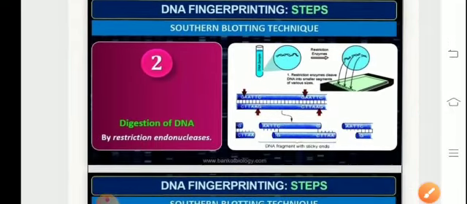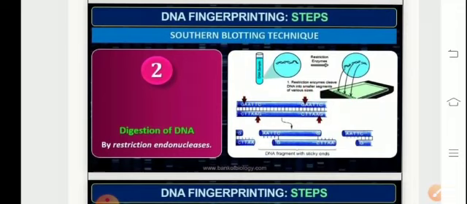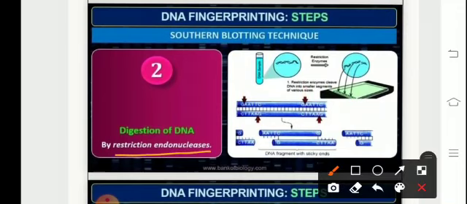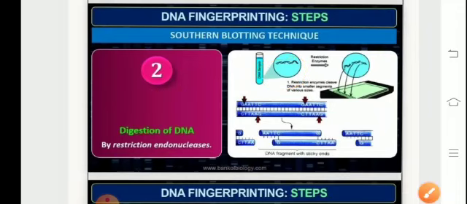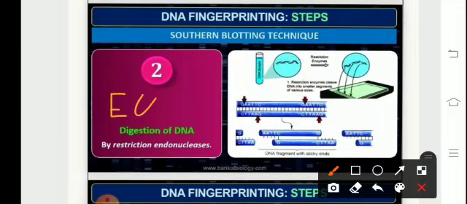The next step is the digestion of the DNA with the help of restriction enzymes, which are referred to as restriction endonucleases, or RE, that stands for restriction enzymes. And endonuclease, because they will not just bring about terminal cleavage, they will cleave internally as well. So the DNA sample will be cleaved with the help of a restriction enzyme. Here, the restriction enzyme which is used is EcoRI. And it has the palindromic site where it carries out cleavage, that is represented here as GAATTC.